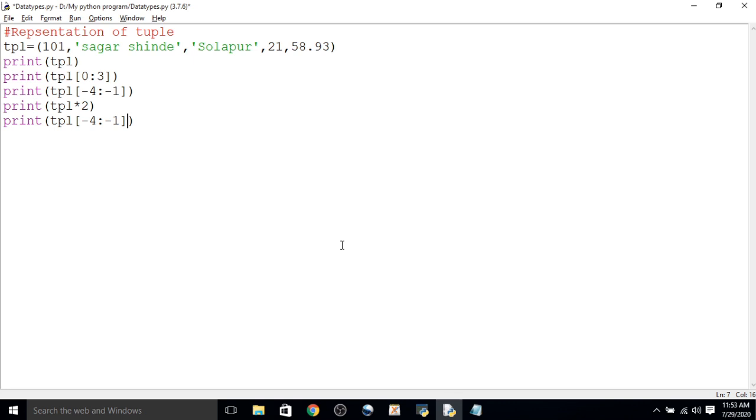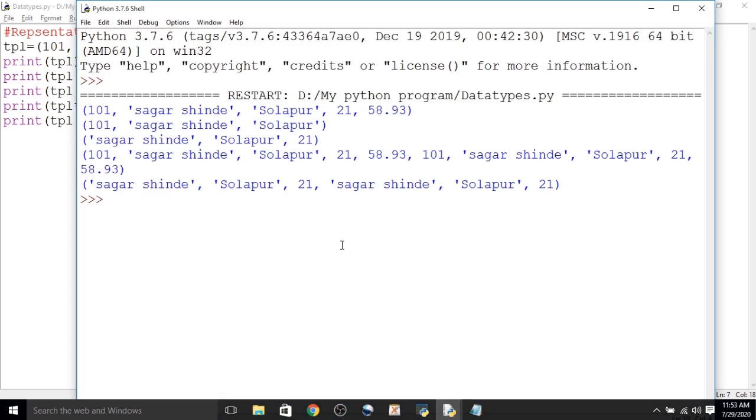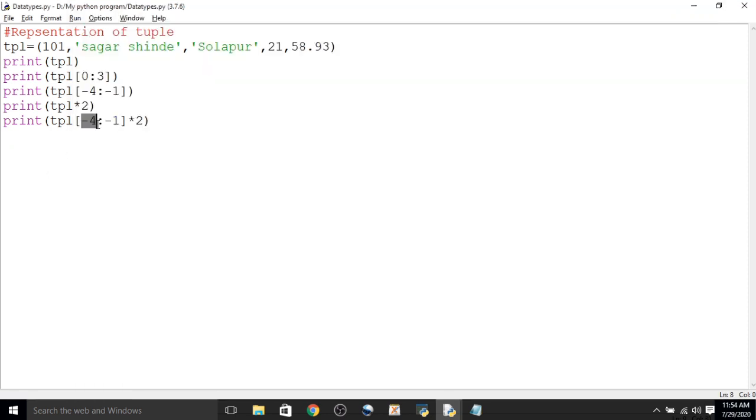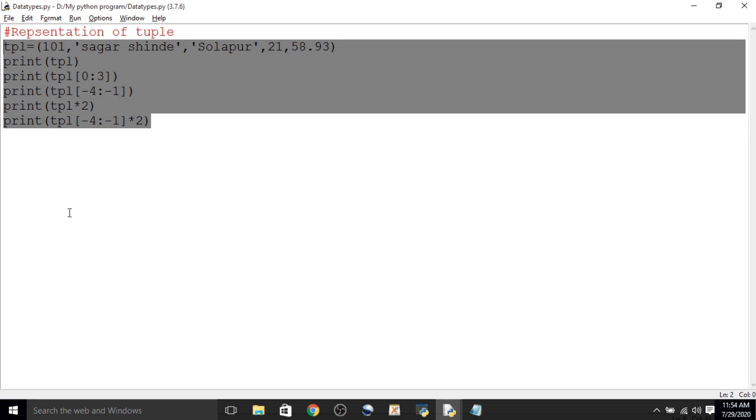We have taken a slice of -4 to -1 and display it two times, so Sagar Shinde Solapur 21 appears again. In this way we can apply slicing operations on a tuple.